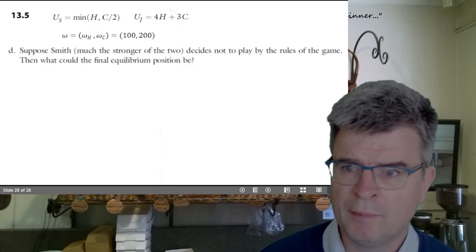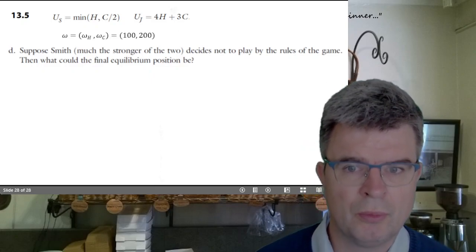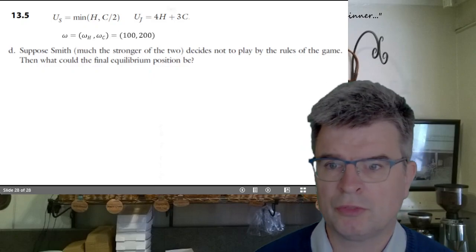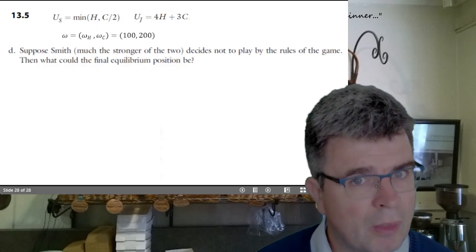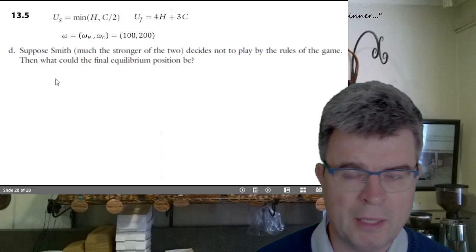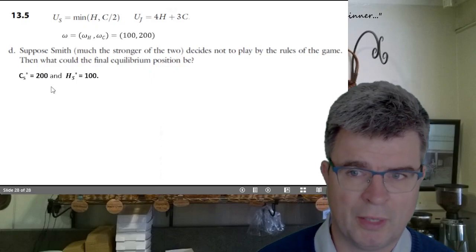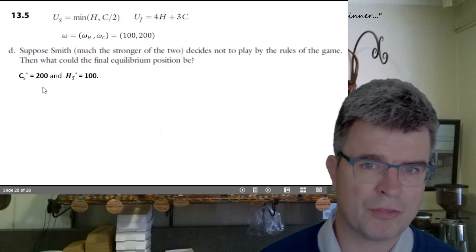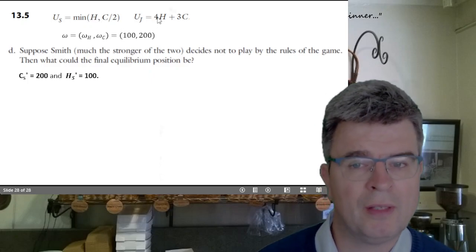And then question D, the bonus question. Suppose that Smith, who is the stronger of the two, decides not to play by the rules of the game. What would then the final equilibrium position be? Well, if Smith can just knock out Jones, if need be, then the equilibrium allocation will simply be that Smith will get all of the cheese and all of the ham, giving him a maximum utility, and he will leave